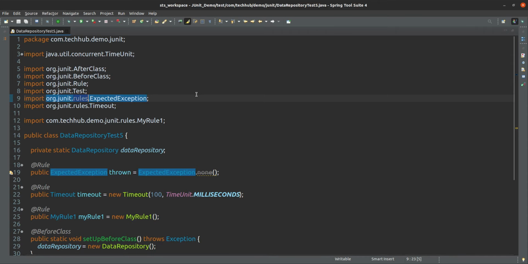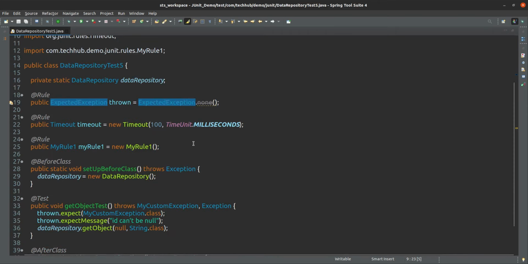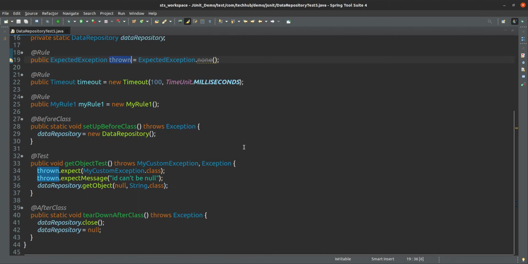Where this ExpectedException is available, that is under org.junit.rules. Under this one, this rule is available, and using this rule, what you can do here, if you see currently this getObject method is throwing an exception. It is throwing an exception in this case because this id is null here.